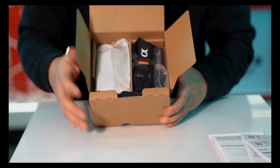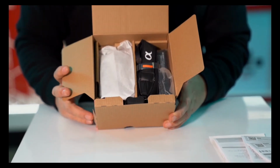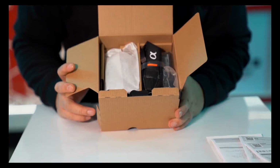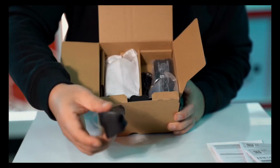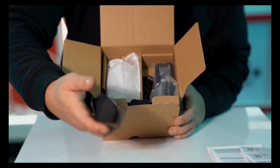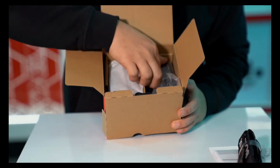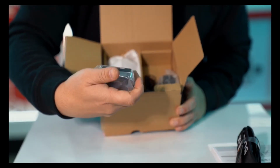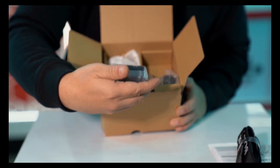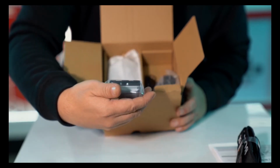Okay, so this is the box. So what's inside the box of the Sony 6600? First, you're gonna see the strap, the original strap. You have this, which is the new thing from the Sony 6600: the battery, which is the same now as the